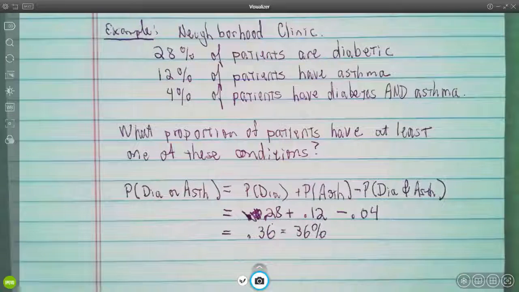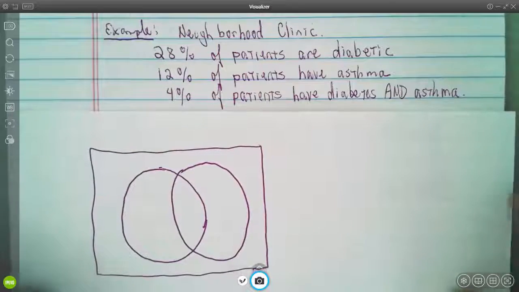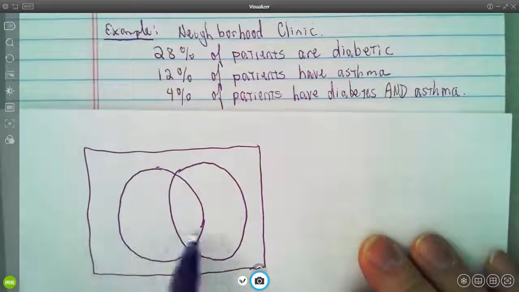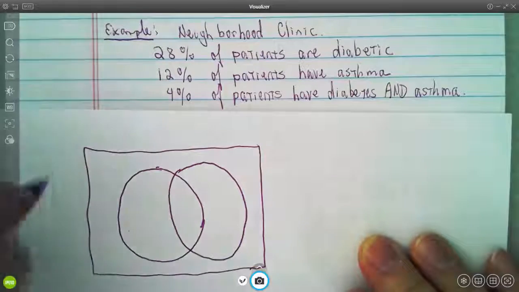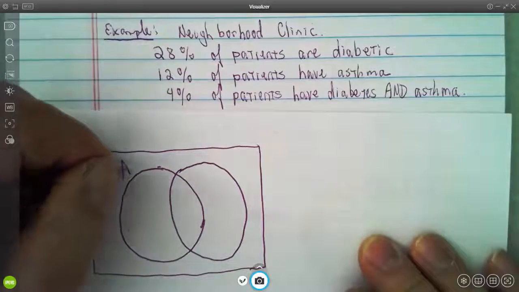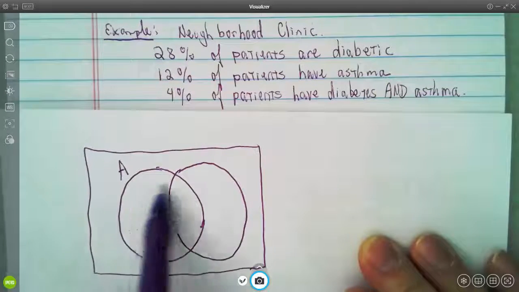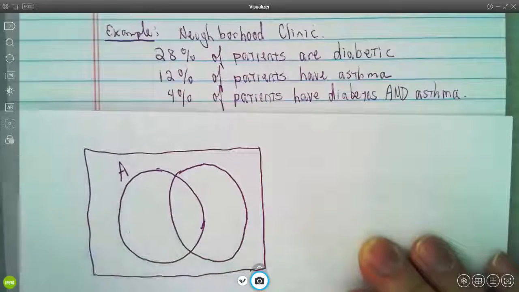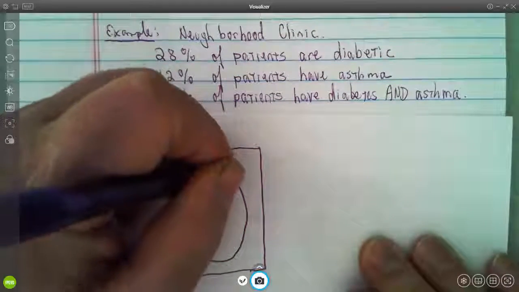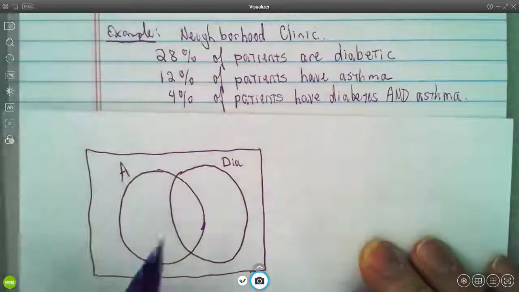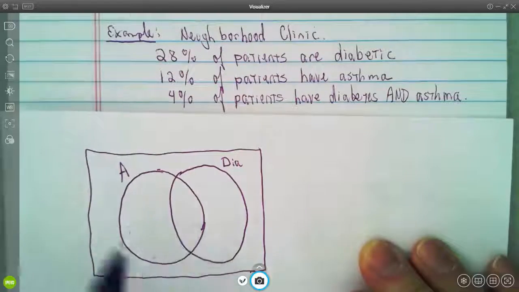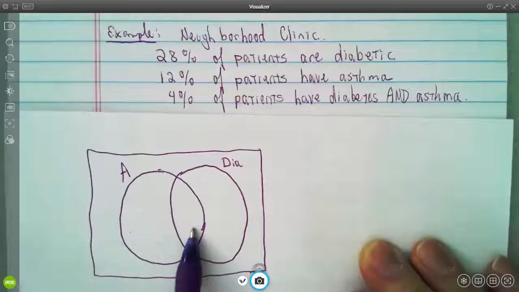Well, I said there were two ways to solve this. What else could we do besides using the addition formula? Well, it turns out a Venn diagram would work very nicely. So we've got one started here with two circles, so we're going to be looking at two classes. It'd be natural to say that one of these classes stands for those patients who have asthma. All the patients who have asthma will be somewhere in this circle. There are those patients who have diabetes. They will be somewhere in this circle, and right here is the region for patients who have both asthma and